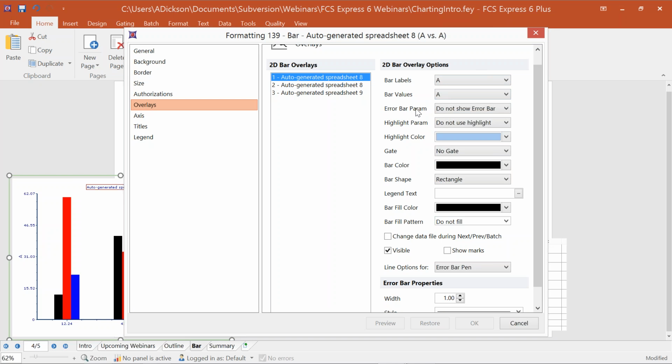Here is where I can define my error bar parameters. So again, I just build a column showing that information. The highlight parameter, we can choose not to show it, or we can choose a source column as well. I haven't built these yet, but these are all the different characteristics we can change. I can even change the color of the highlight parameter, the gate applied to the plot, individual bar charts, coloration,